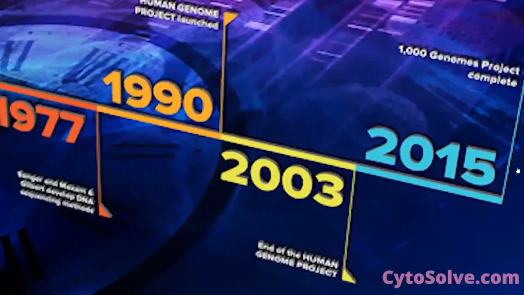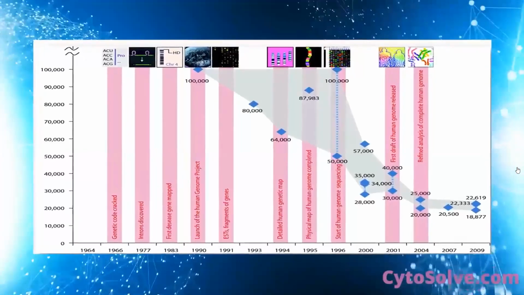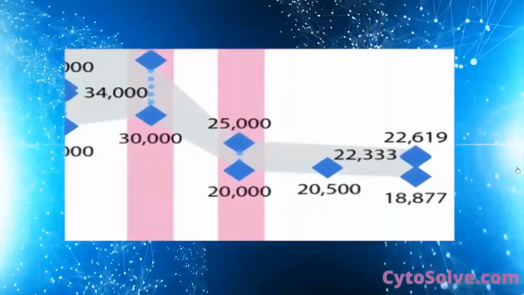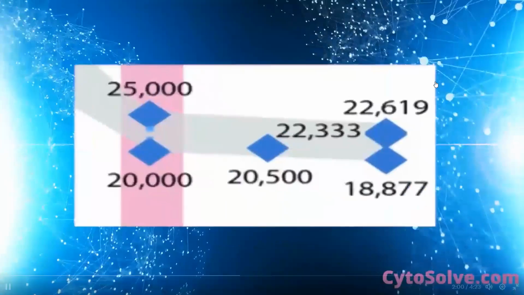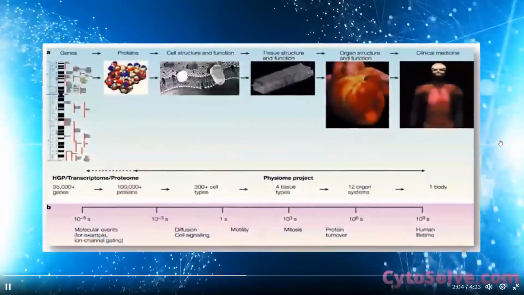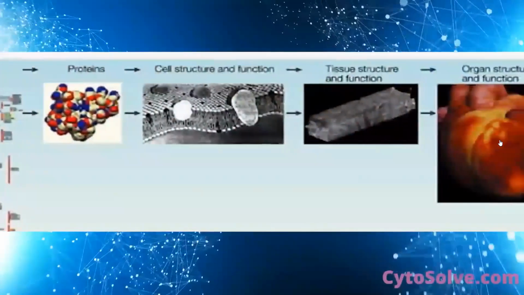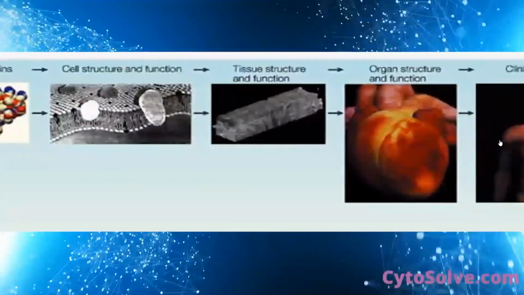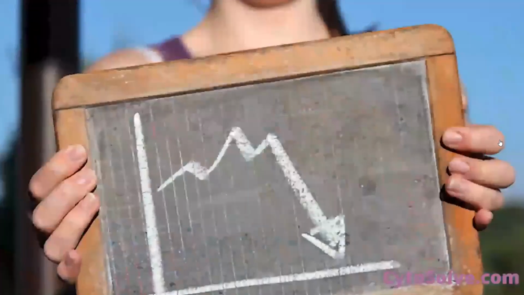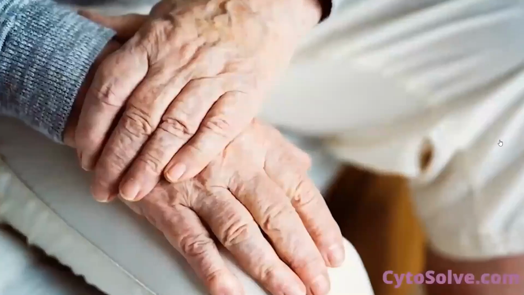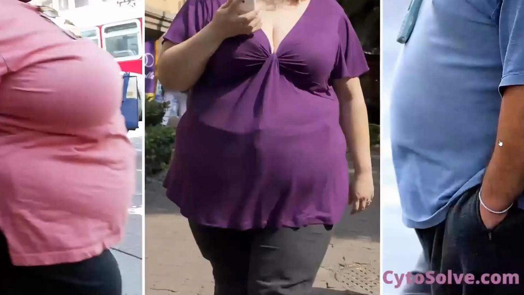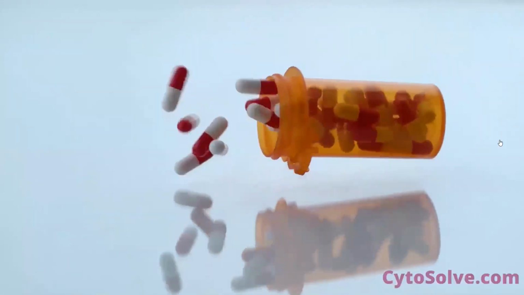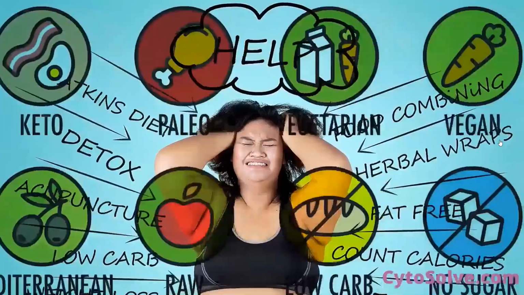All that changed in 2003 when the Human Genome Project ended, revealing that humans have the same number of genes, about 20,000, as that of a worm, giving rise to a systems biology. We realized that one-size-fits-all medicine was a failure. We realized their medicines were killing us, making today's generation's lifespan shorter than any previous generation. Obesity, heart disease, deaths from adverse reaction to drugs, confusion on what diet, what supplements, and who to believe is what they have delivered you.